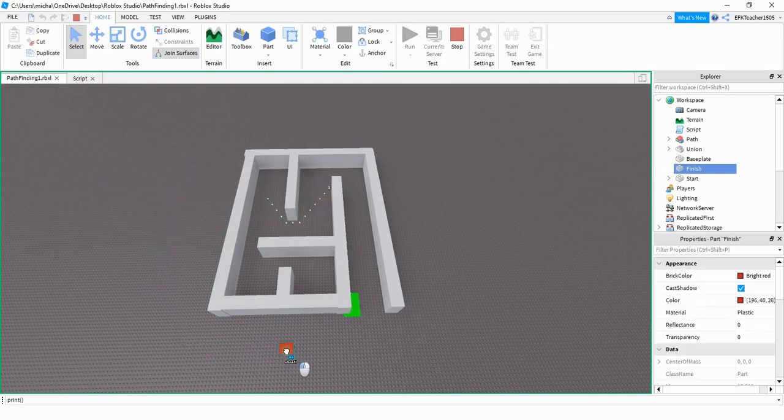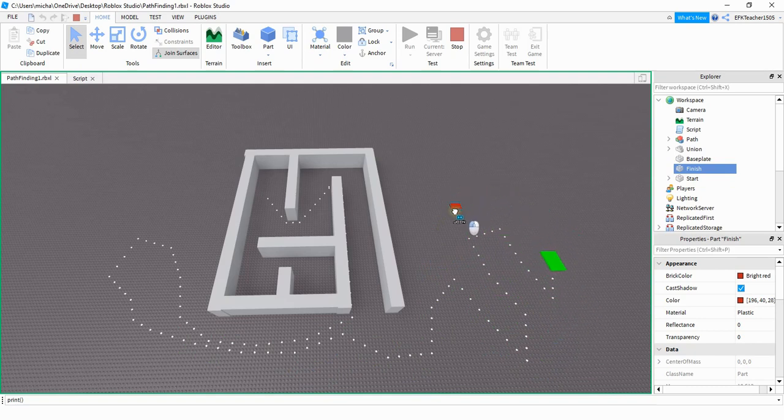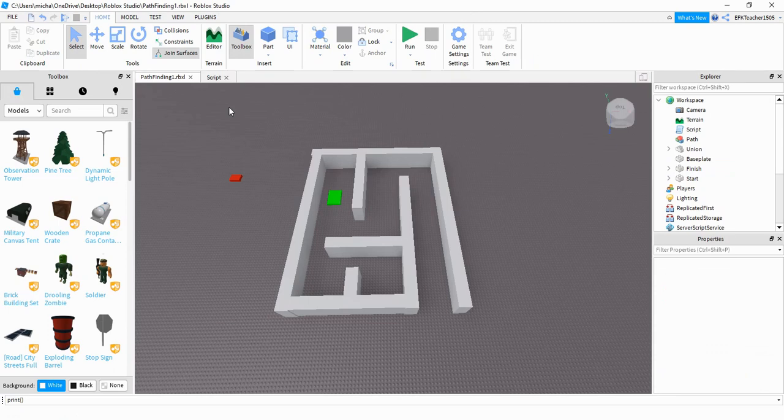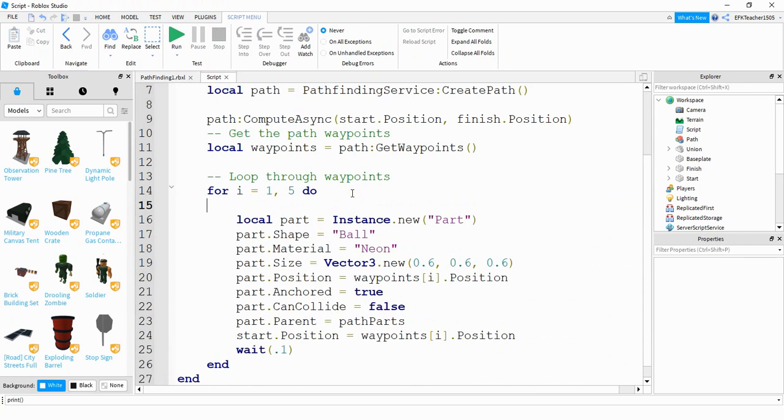Okay, so now if I get it near the green block and start to move it away, it looks like it's tracking it a little bit better now. It doesn't go all the way to the end like we saw before. It only goes through the first 5 points and then recalculates the path. So while this is better, the issue we're going to run into now is whenever the green part gets really close to the red part, there may not be 5 positions in waypoints, so we may run into some indexing errors. To fix that, what we can do is right down here, we're going to say if I is less